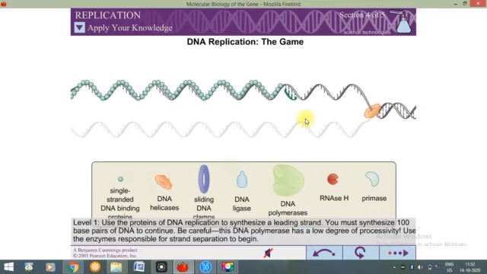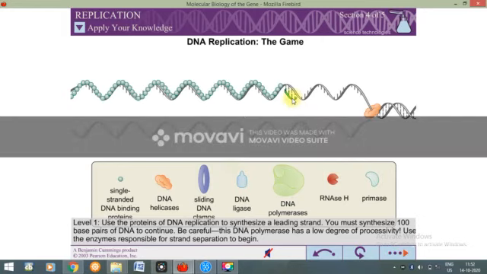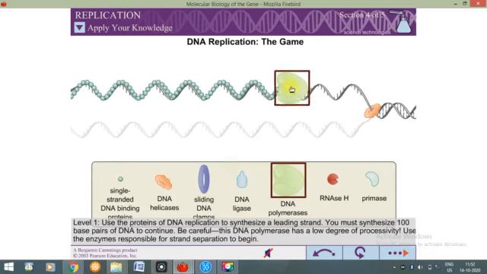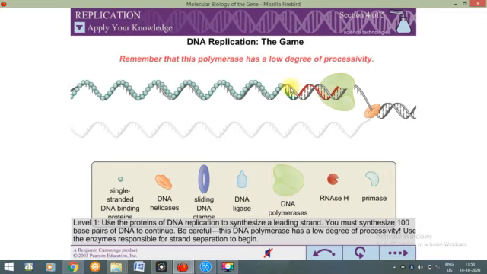Fine. Now you have got RNA primer, and this RNA primer will help in the formation of DNA. Now for DNA formation, I need DNA polymerase. So it will sit over here and it will synthesize some DNA molecule on this single stranded DNA. So this red portion is DNA.